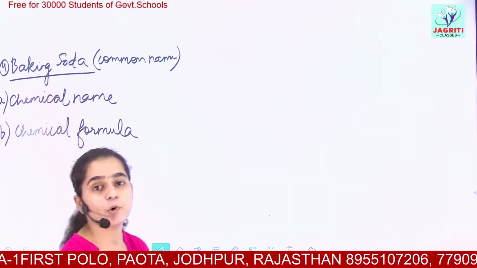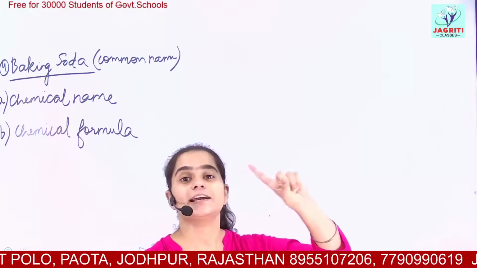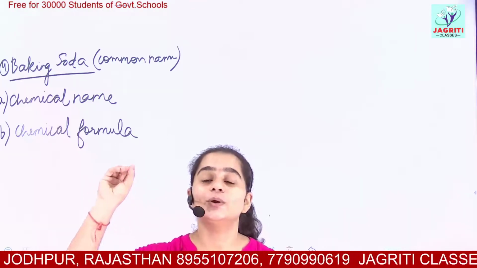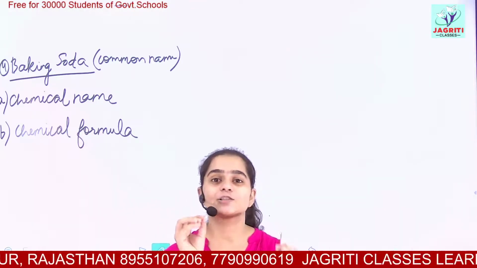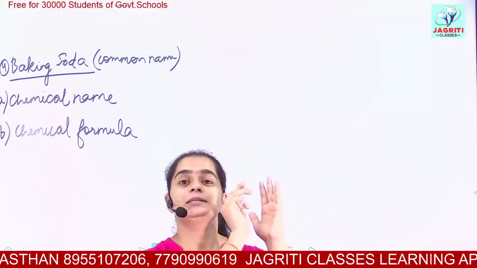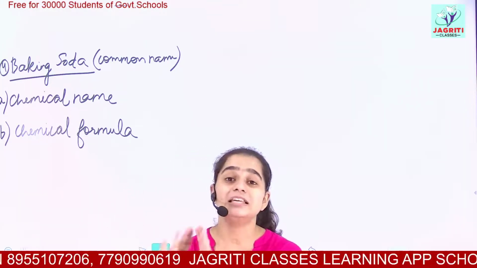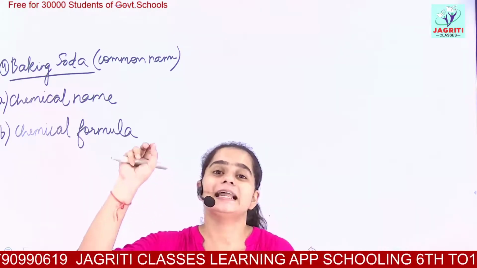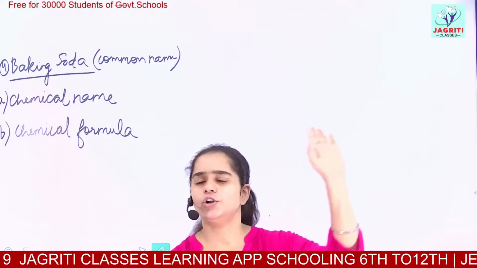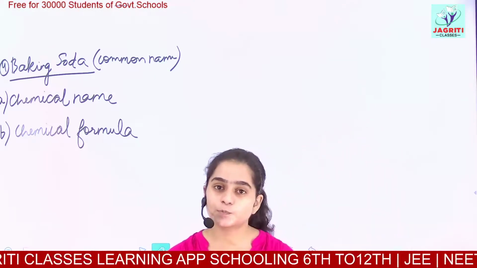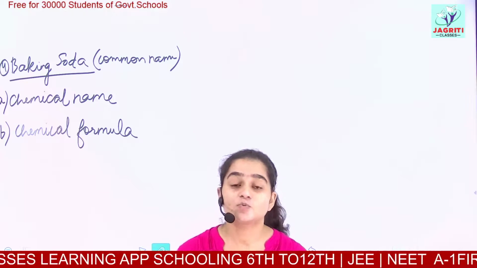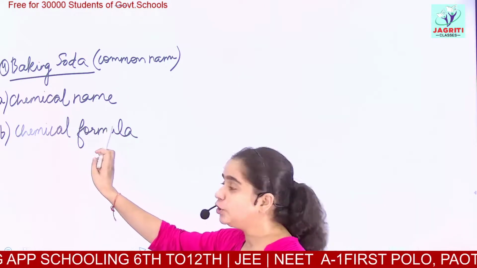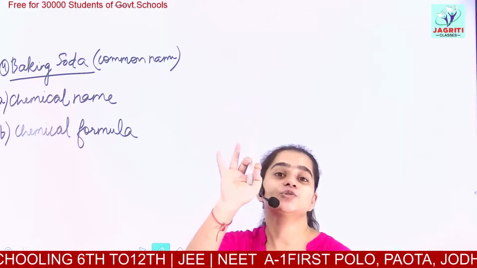For NaCl, you only should know the electrolysis. What is electrolysis? The breaking of NaCl into constituent atoms or ions in the presence of electricity. Electro means presence of electricity and lysis means the breakdown. NaCl breaks into two ions, Na positive and Cl negative. So for NaCl, you should know its electrolysis process. Then the second which we discussed, bleaching powder, the same process will be followed: chemical name, chemical formula, preparation method and then its uses.